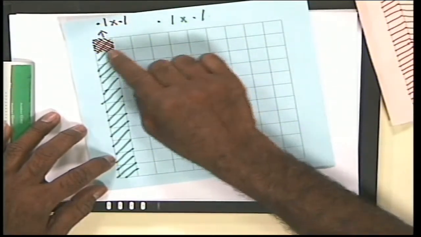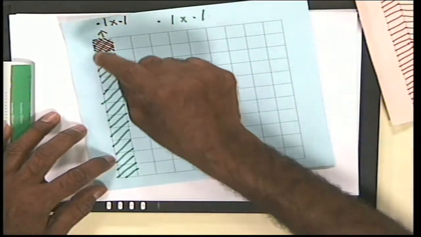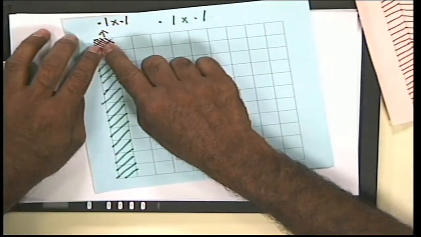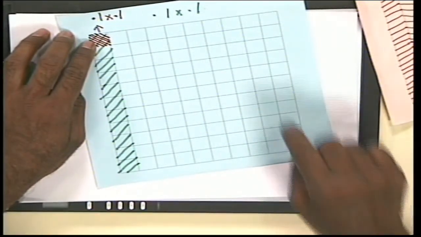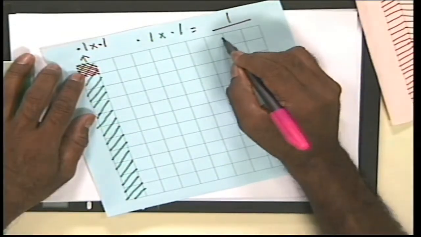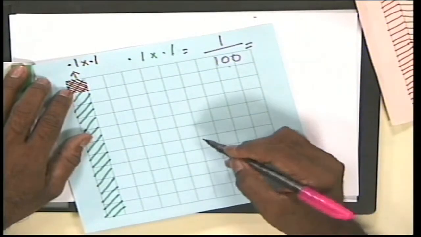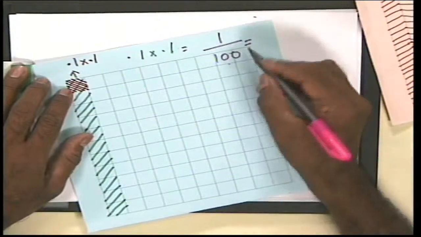You can see the double shaded part, shaded with green and red. This part represents 1/10 of the 1/10 part. And how much will this be as a fraction? Our square has a total of 100 small squares, and there is only one part shaded. That means this represents 1 part out of 100. You know the fraction, you can see it is equal to